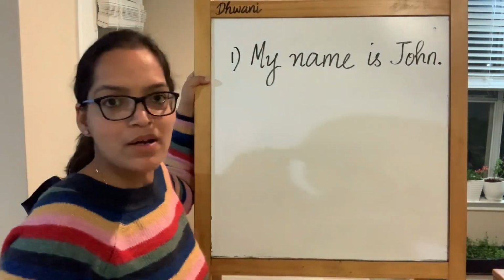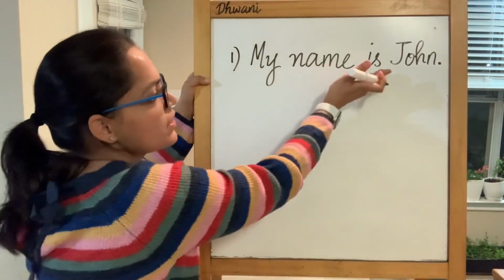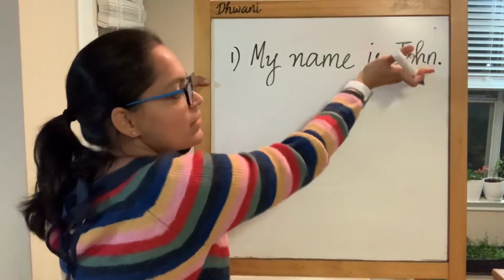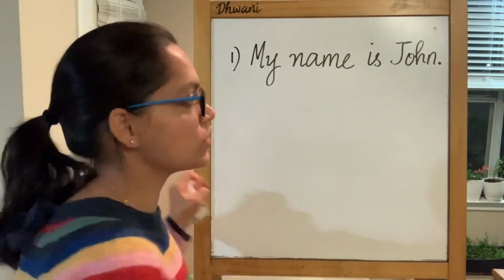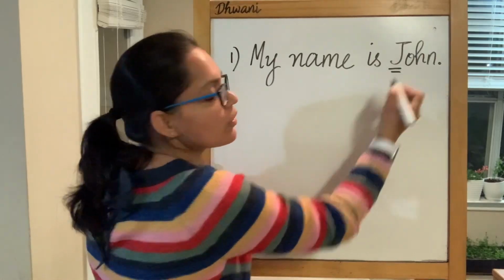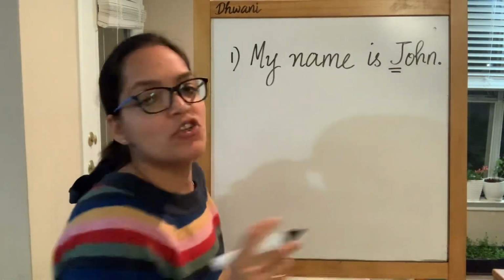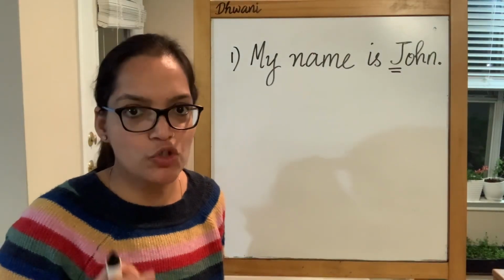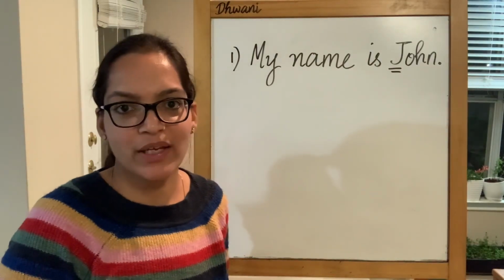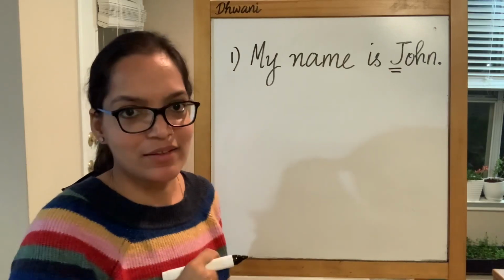My name is, and the name is John. So J should be always in capital, but O, H, N, which are the alphabets of the name John, should be always in lowercase. Now let me change the sentence to